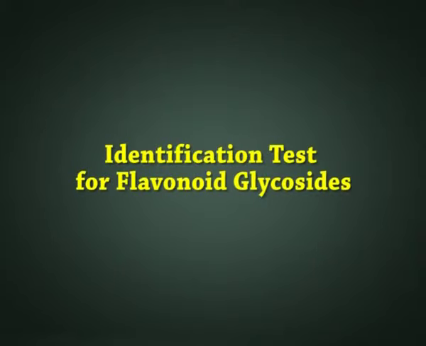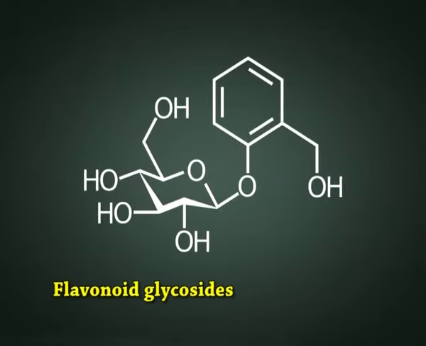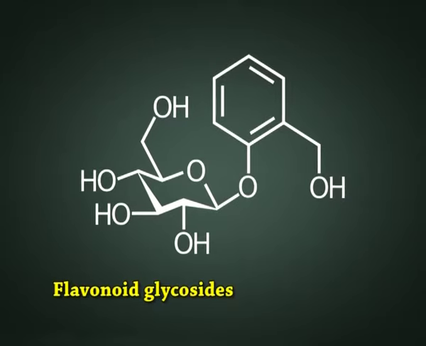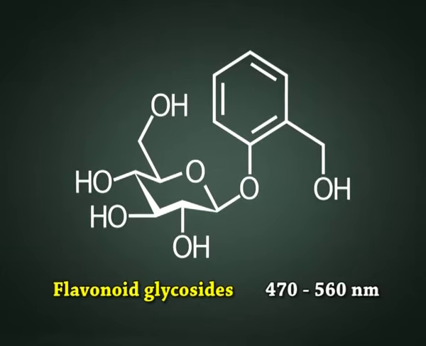Now let's see how we identify the flavonoid glycosides. Flavonoid glycosides contain conjugated double bonds and thus they show prominent absorption in the visible and UV region between 470 to 560 nanometer. Their color helps their easy identification. Especially flavonol glycoside appears as pale yellow color in visible light while dark brown in color under UV light. Apart from all this, we also have several chemical tests which can help you in preliminary identification of flavonoid glycosides